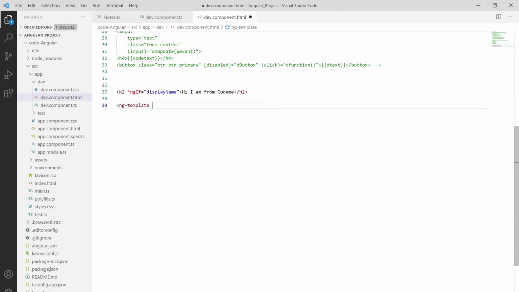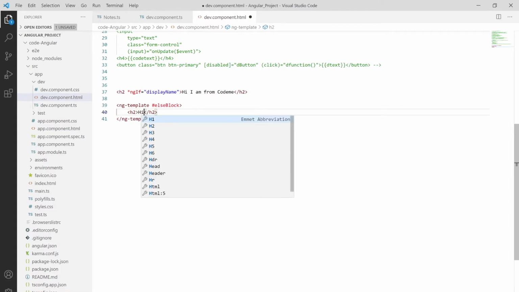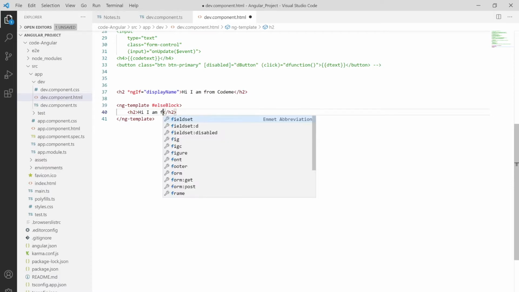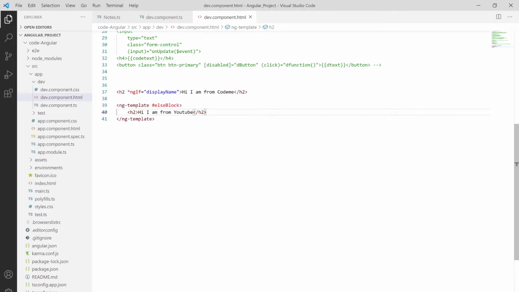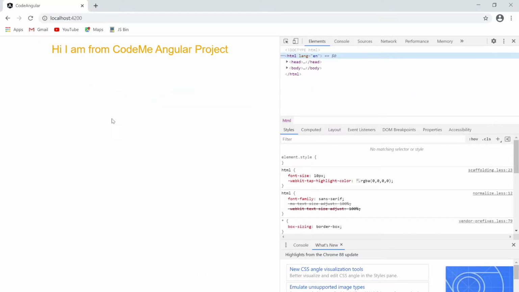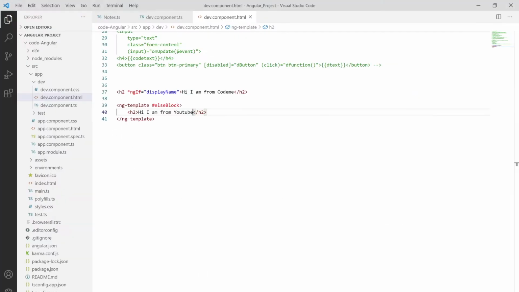I'm giving it the name elseBlock, and in the h2 tag I'm assigning, hi, I am from YouTube. Let me save this and move toward the browser. See, nothing will be shown here because I haven't added this else block in the ngIf statement. So how can you add this?